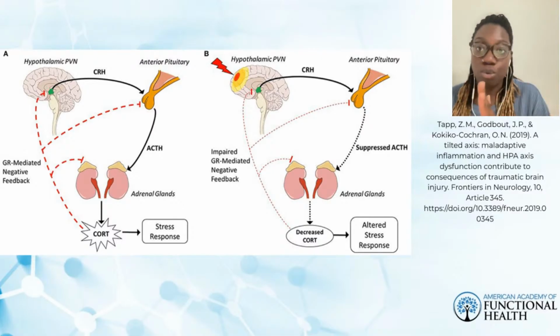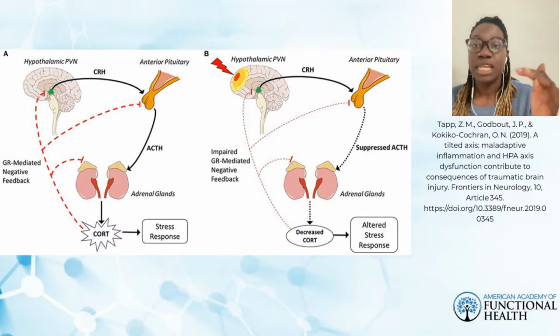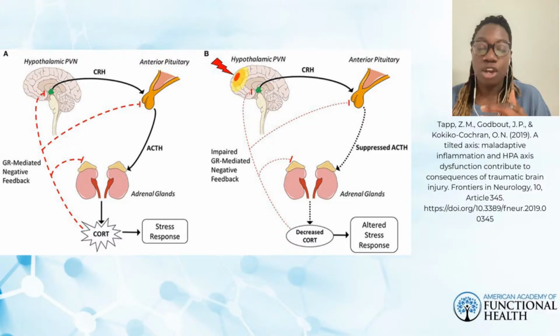Now, when we look at B, the right side of the image, we have the same situation. We're going to have a trigger, but this is what happens in an altered stress response. So there's some sort of trigger, a psychological or physical stressor. It triggers the release of the corticotropin releasing hormone. That triggers the anterior pituitary to actually suppress ACTH. And if ACTH is suppressed, that decreases how much cortisol is released from the adrenal gland. And when we have decreased cortisol being released in response to a stressor, that means that we have a significantly